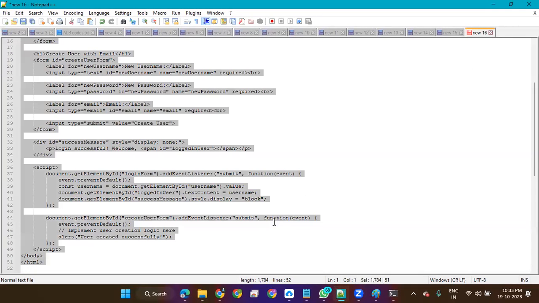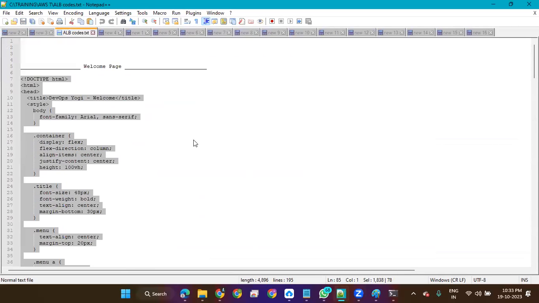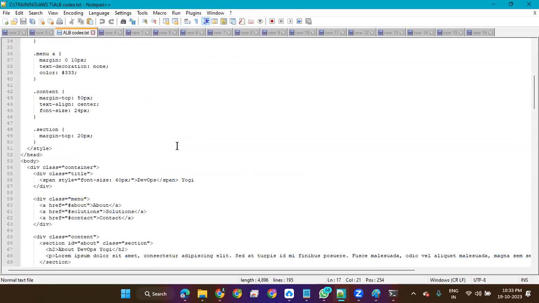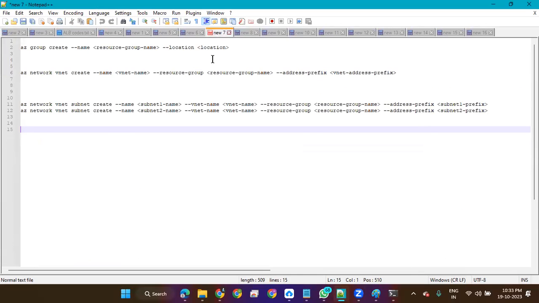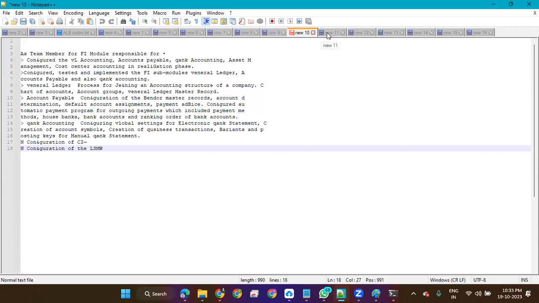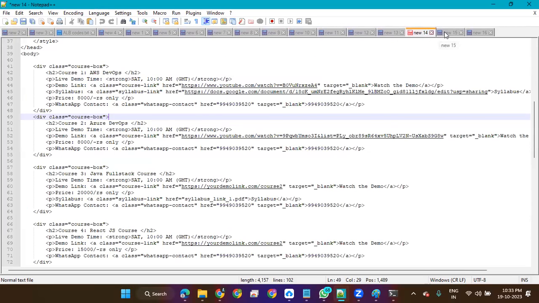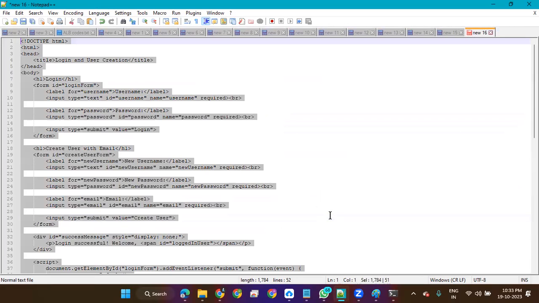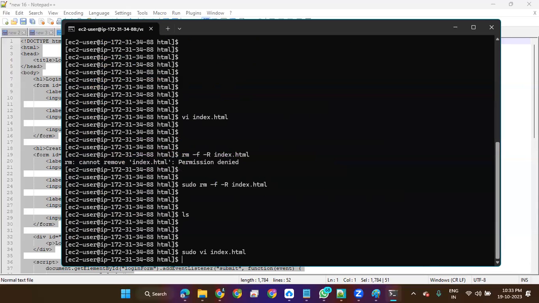I just have one code. Let me use this code or this code. I think it's for the load balancer I made, path based routing I made. I could also add CSS files as well.